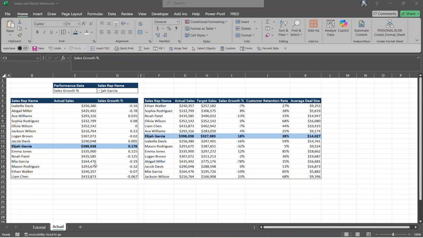Today's tutorial is going to be multifunctional, where we're going to learn about index and match and conditional formatting along with data validation. And basically what you're looking at here is I got this data set over here towards the right. And as you can see, I have multiple different performance data for each sales rep. And what I want to do is I want to build an individual table over here using index and match